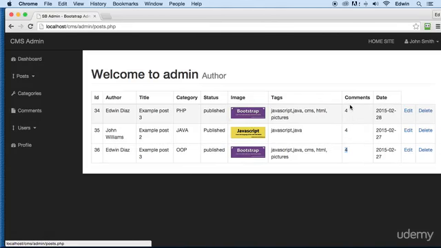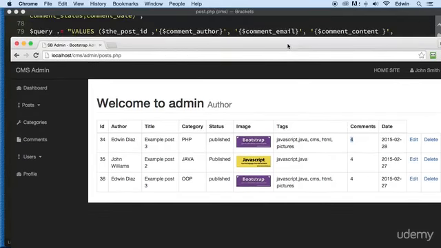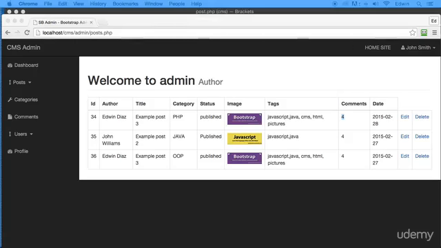Now we got two options. One option is using PHP, all right, to count the amount of comments that this specific post has, or we can actually increase the number inside our database, so that way we can have that data anytime we want. And if you recall, let me open another page here, and